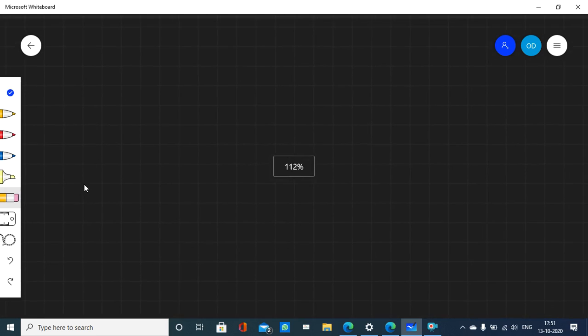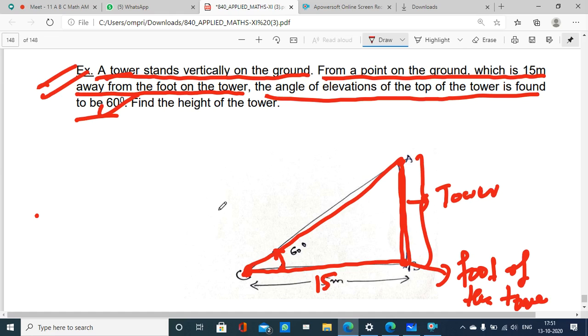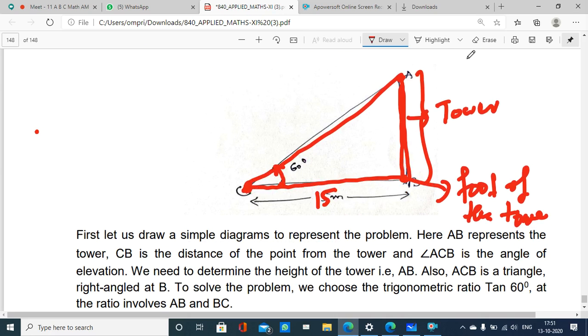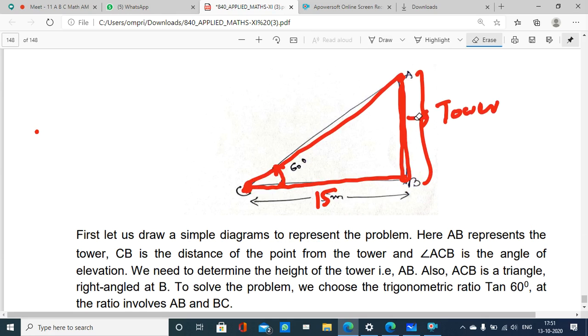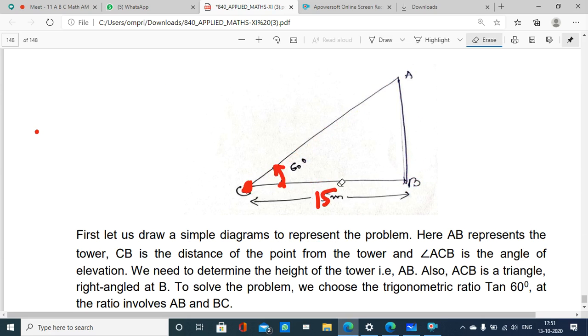So let's just use this in this question. Okay, so first let's see what pieces of information do we have. We have a right angle triangle here. See, once you draw the diagram, then forget about the tower, eye and everything. Forget about the foot of the tower. There is simply a right angle triangle, and the height of the tower means the length of this side you want to find out. This is a right angle triangle.